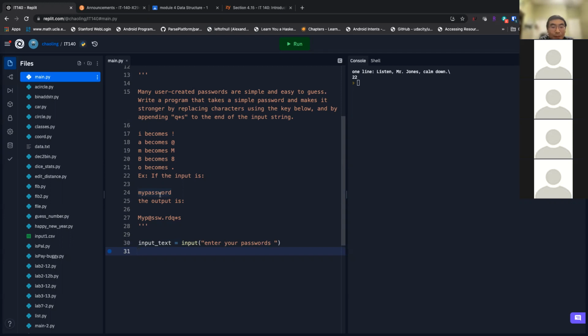Convert a character one by one. Now with a string, you can concatenate them, but I would work with a list. You know what I mean, right? A list is mutable, so you are free to change it, and it's less expensive to mutate a list rather than a string.